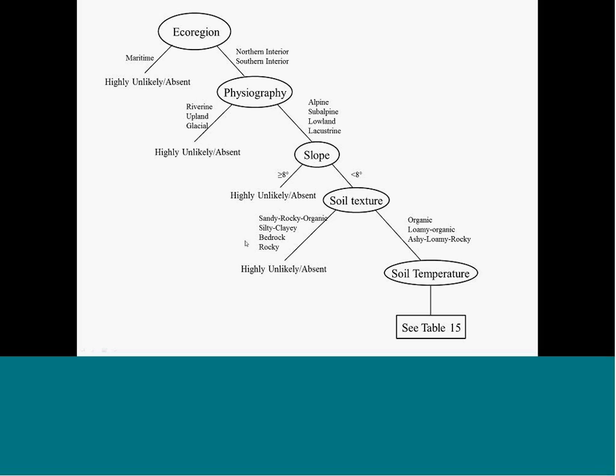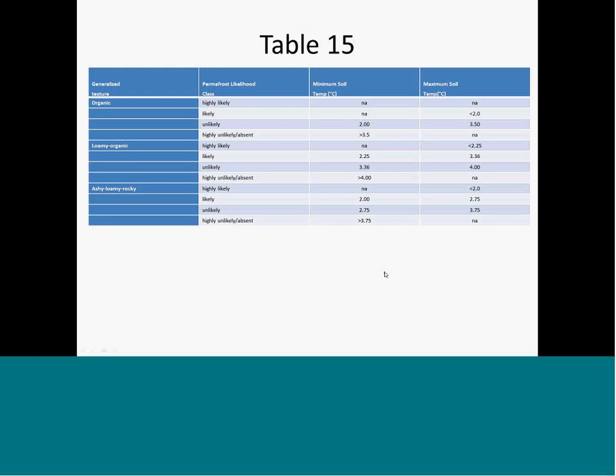And soil temperature, coarse soils were considered highly likely, and then the fine soils where permafrost would be, and then we got into the soil temperature, which is able, and by general texture class. This is based on a review of our field points, and then also just the idea that for fine textured soils, the soil temperature could be warmer to have permafrost because